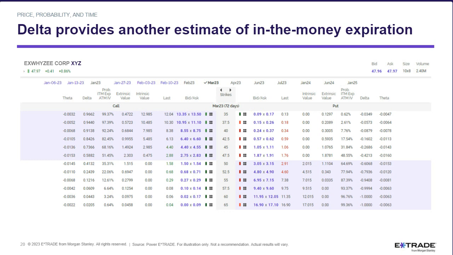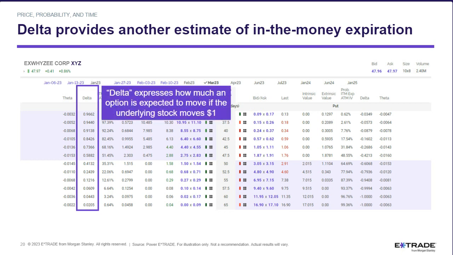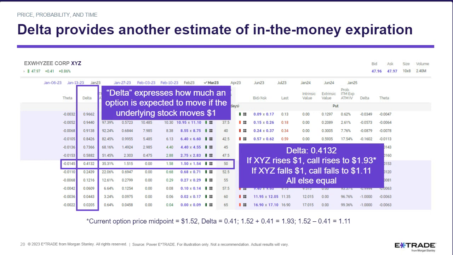Delta expresses how much an option price is expected to move if the underlying stock moves by $1. So here's delta on our chain. You can see I've added it. Let's take a look at the specifics here. So I've focused in on the 50 strike. It shows a delta of